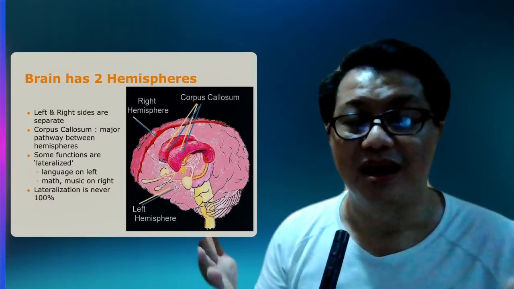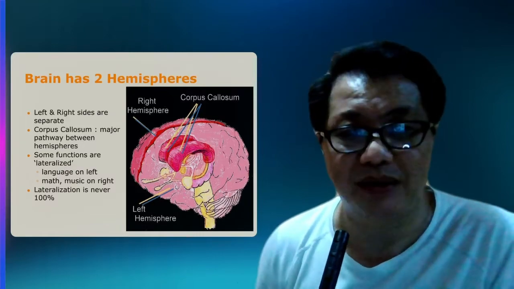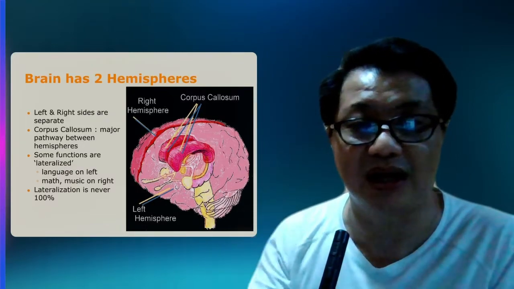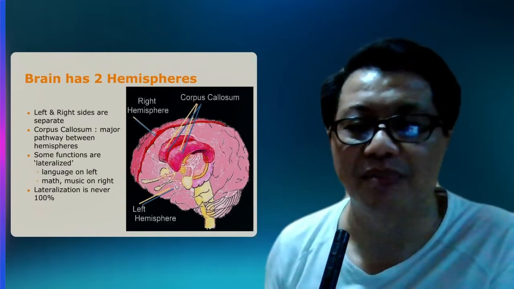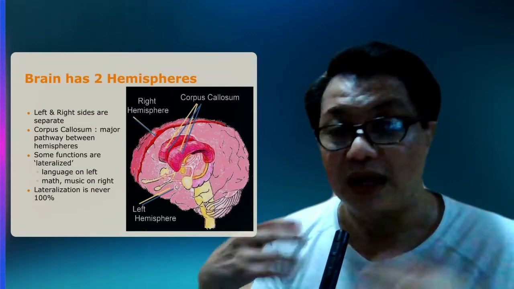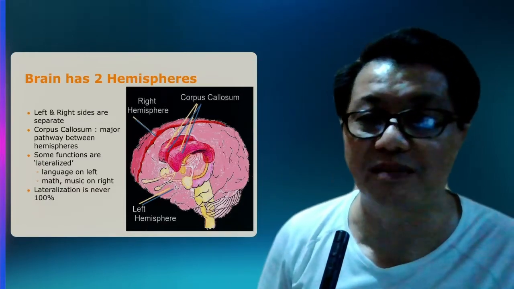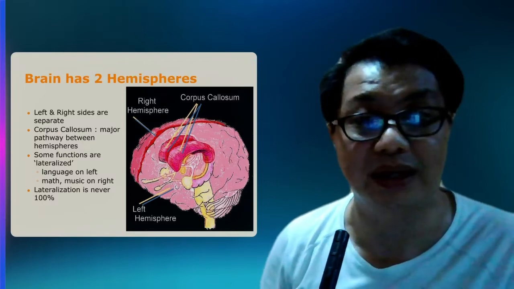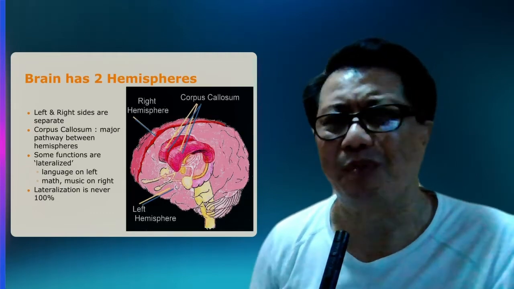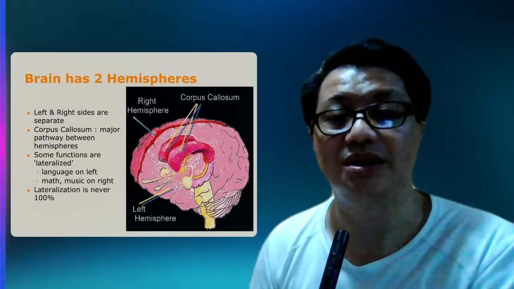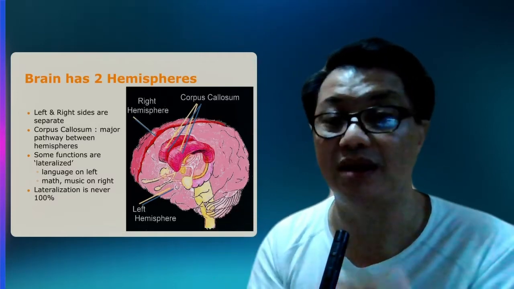So isa sa mga pwede natin sabing primitive solutions of curing epilepsy then, and even now, is to surgically cut that tissue ng corpus callosum. Doon nila na-realize, and doon din nagkaroon ng realization, that we somehow have separate functions or abilities ng left and right. Although that is very much contested now by recent findings on brain imaging. Although dominantly, most textbooks on psychology and physiological psychology would say na merong separate functions yung right hemisphere at yung left hemisphere.